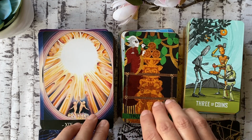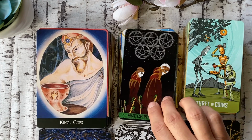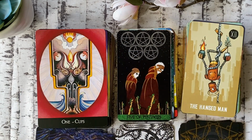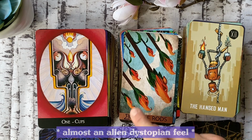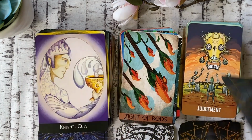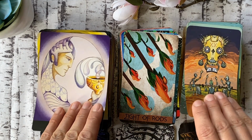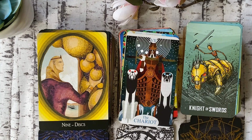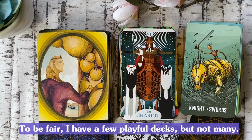The Ellis deck definitely does that, and so does the Silicon Way deck, the Intuitive Tarot. But as far as the vibe I get, this has got more of a comic book vibe, a fun kind of vibe. I love how distressed this is. But I guess as I am getting older, I feel like I want to dive deeper into more profound meanings, and I'm less about the play within the artwork. I don't know if that's right,